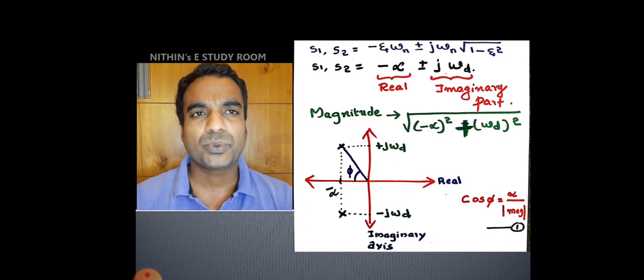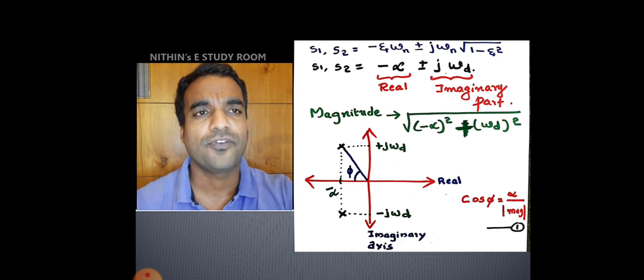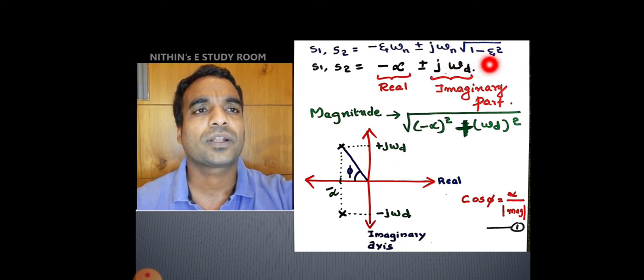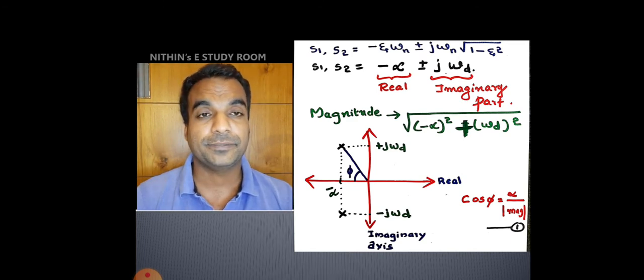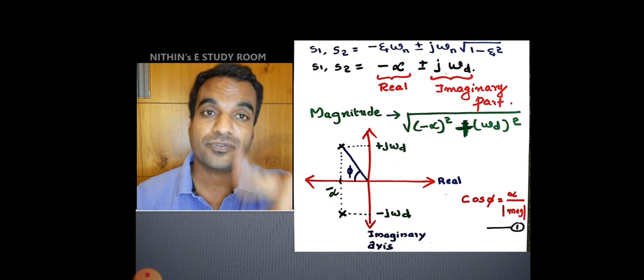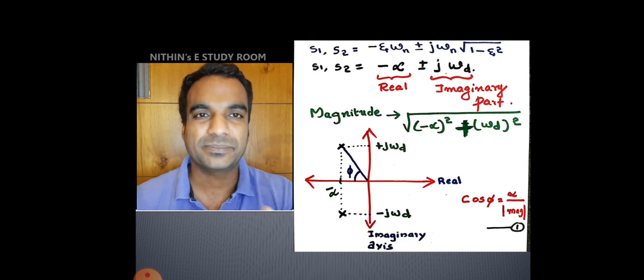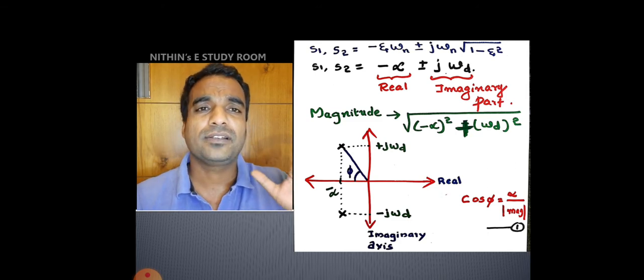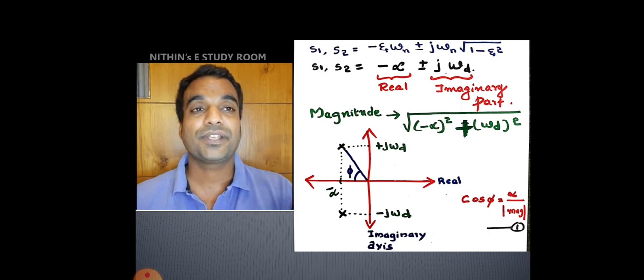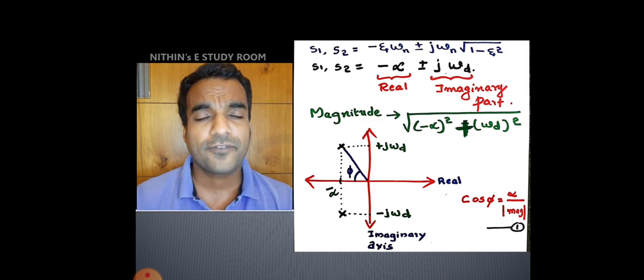And we are substituting minus eta into omega n as minus alpha. So eta into omega n is equal to alpha. And omega n into root 1 minus eta square is equal to omega d. Omega d is the damped frequency of the damped signal. What was omega n? Natural frequency. And then we are damping by some means, by some mechanical means or electronic means or by some logic. We are providing some damping for the oscillation. Then it is damped oscillation, its frequency is represented by omega d, and alpha is the damping factor.